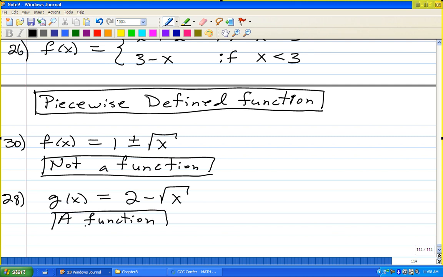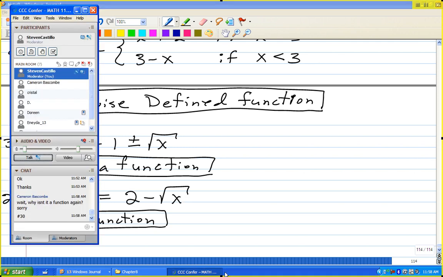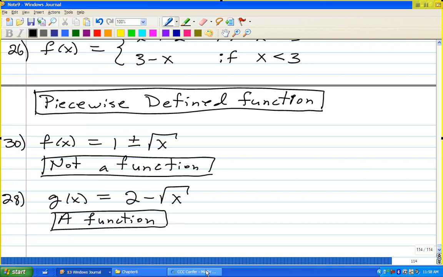So if you put in some value of x, let's say 7, then 2 minus the square root of 7 is 2 minus the square root of 7, always. Why isn't number 30 a function? So notice here that,